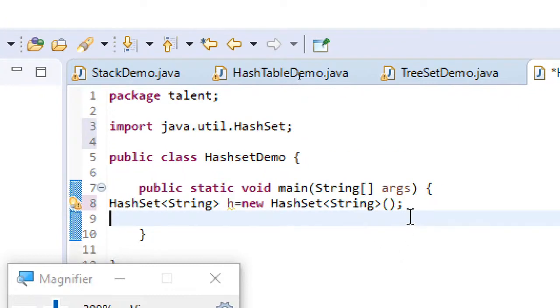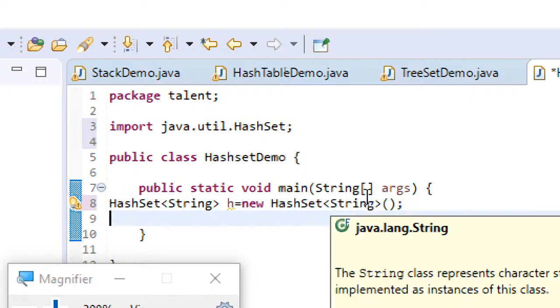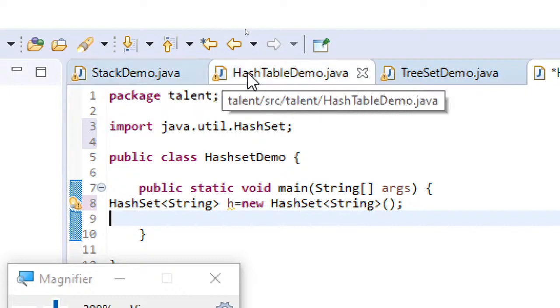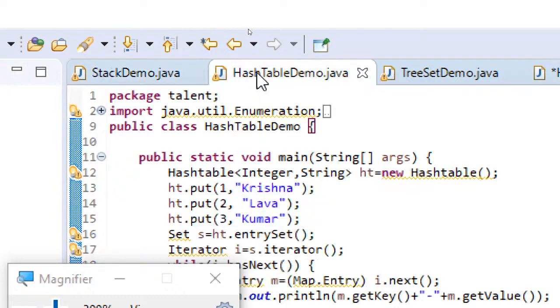So import it, and we can also retrieve from this hash table.